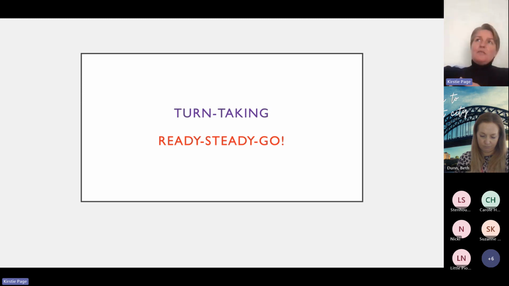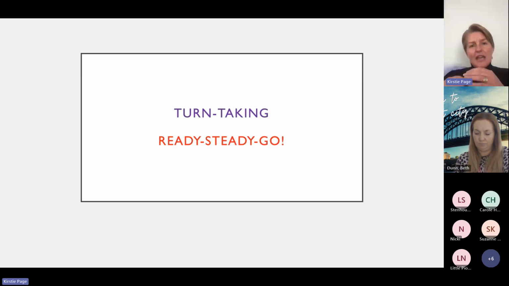And the top level that I've ever played this at would be where I deliberately changed the word at the end, but made it sound like go. So I might say ready, steady, bow, ready, steady, goat. And then obviously ready, steady, go. So not only are they having to wait and listen, not only are they having to listen to a different word and think, oh no, she didn't say go, but the reason that that's harder is because the word at the end sounds like go. So they're having to use a higher level of auditory discrimination and phonological awareness skills to work out that I